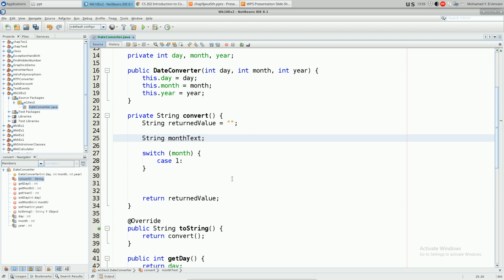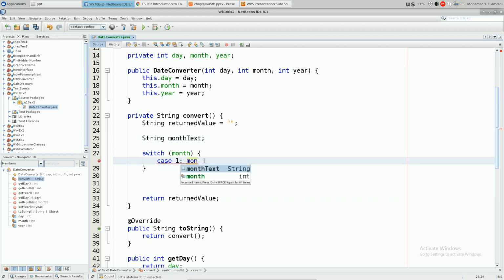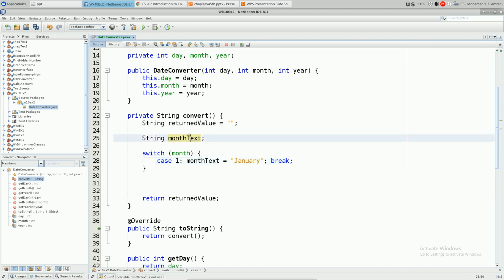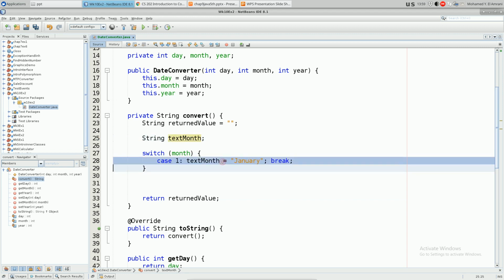How about this? Now you can say the month, the text of the month, is equal to January. But you're not going to just put January like this flying in the sky, because you would like the computer to understand that January is 1. So you have to put these into some variables somehow, and then you can deal with those variables later. Now let's rename this to something like text of the month, which makes more sense. And then I can do the same